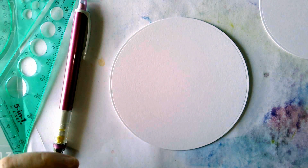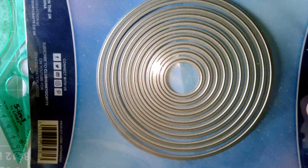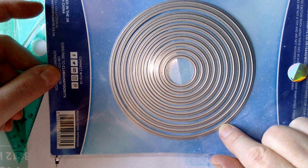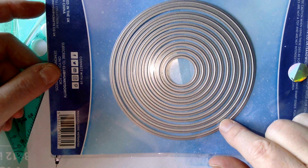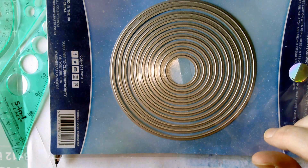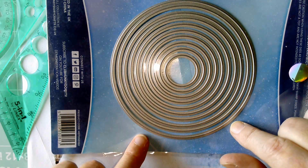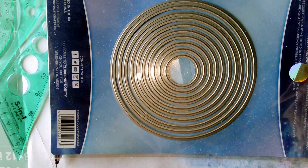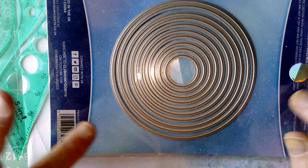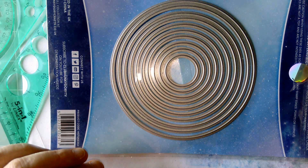So I did order a set of, where have I put them? Okay, let me show you. These are cutting dies for paper and sometimes other materials as well, and they go through a die cutting machine. I happen to have one that's called a Sizzix Big Shot, but there are many of them out there, and these are nice because they are bigger than the usual ones, or big enough. The biggest one cuts a circle out that's about 11 centimetres in diameter,